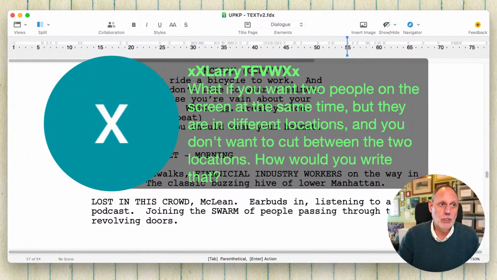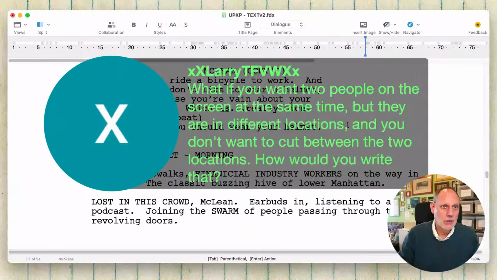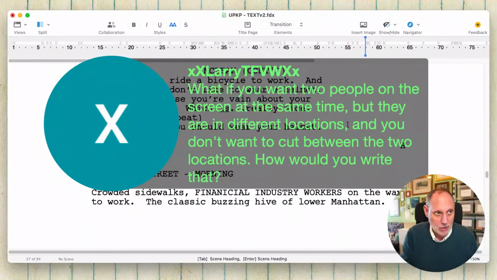One way to write it is you could just write split screen, like split screen: Louis' diner and Jane's car.